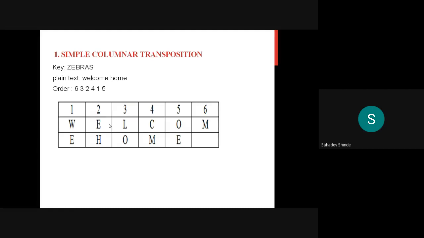First we consider the sixth column, then the third column, then the second column, the fourth column, the first column, and the fifth column, and so you get the cipher text.